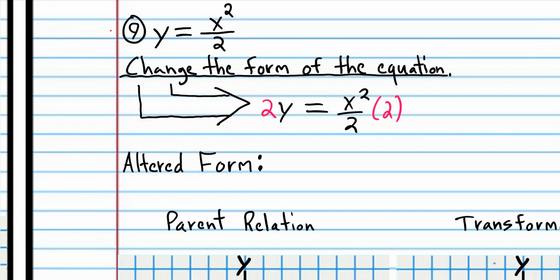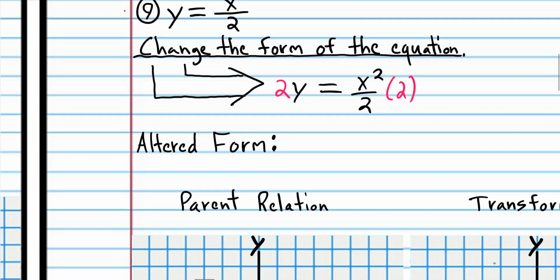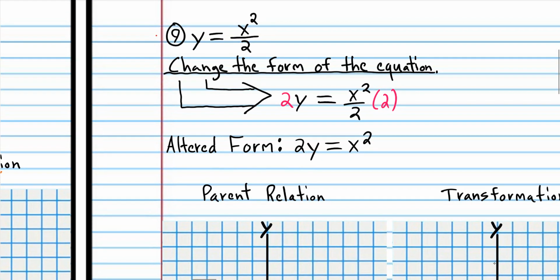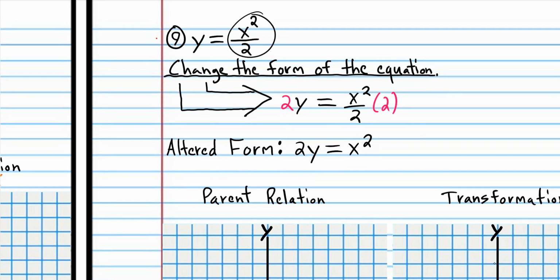And because x squared is divided by 2, when you multiply by 2, you just cancel out the 2's on this side, and you end up with 2y is equal to x squared. So now we can see that dividing x squared by 2 is the same thing as multiplying y by 2. I know that seems weird,